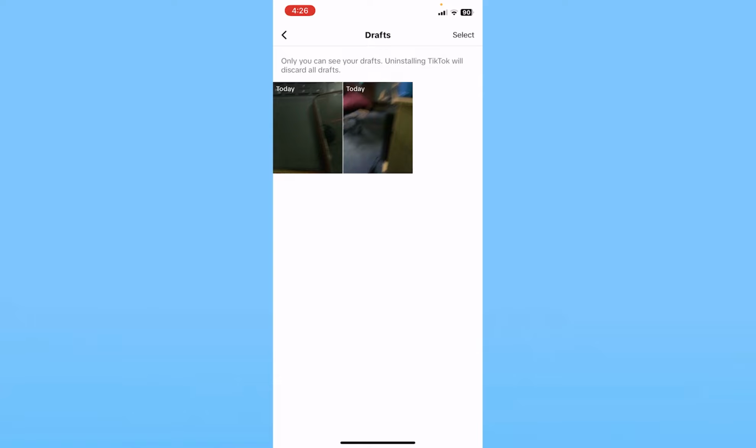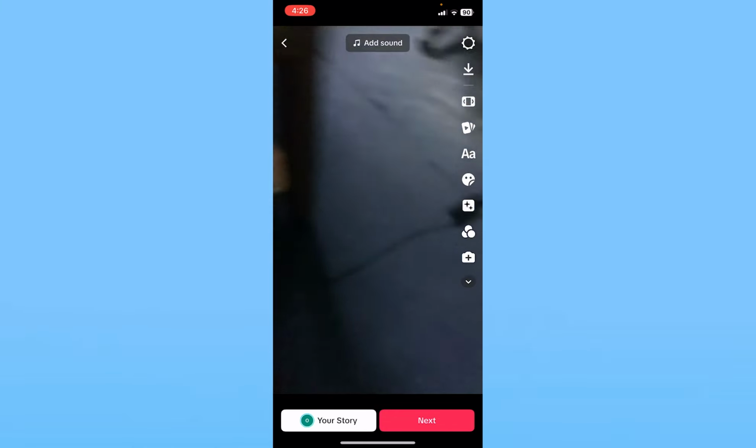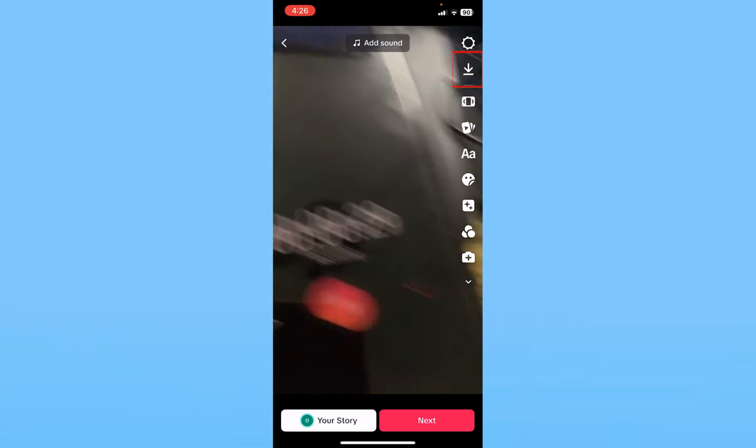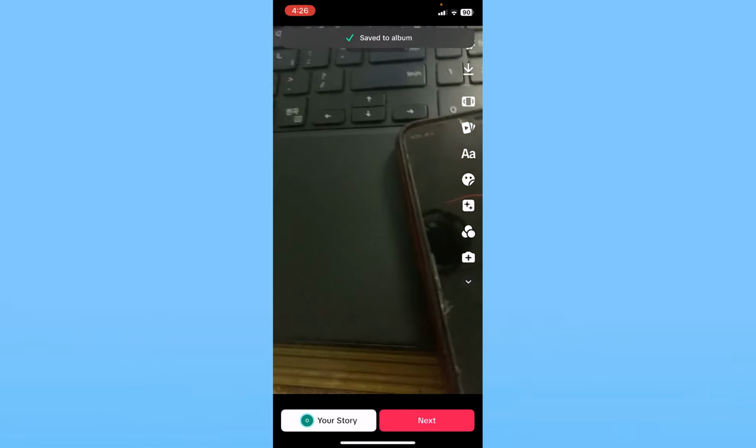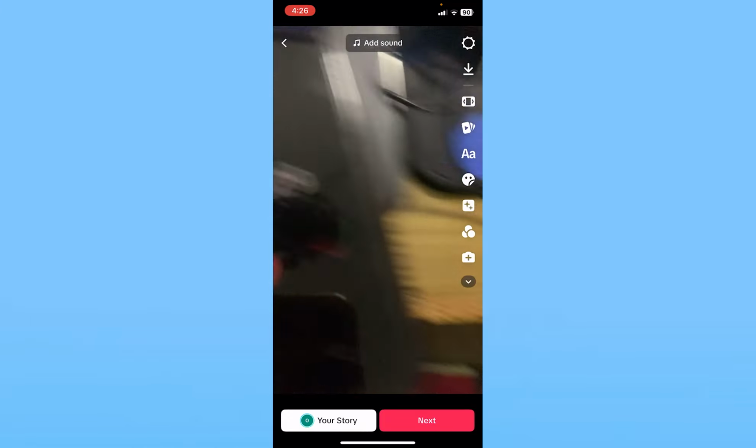So choose the draft which you want to download. I want to download the latest one which I just created, so I will click on that. And at the top right corner, right below the setting icon, you can see a little download button. You want to click on that. And it's going to say save to album, which means I just downloaded my draft and I didn't even have